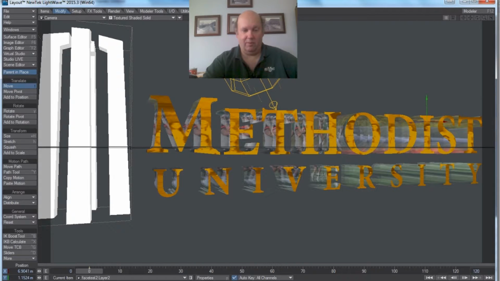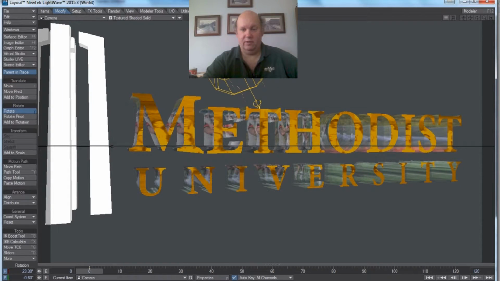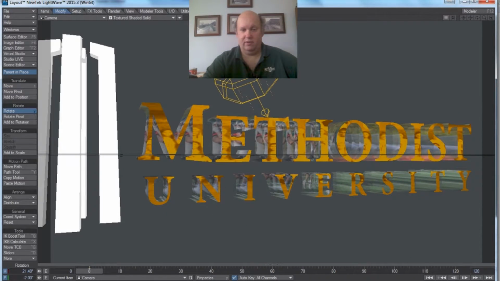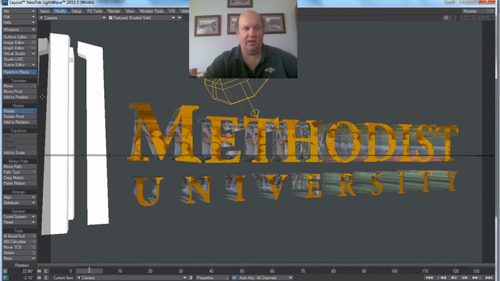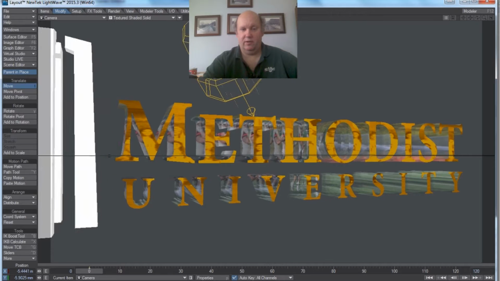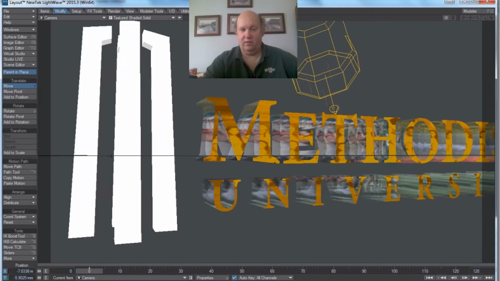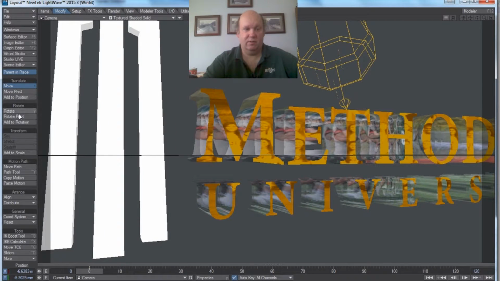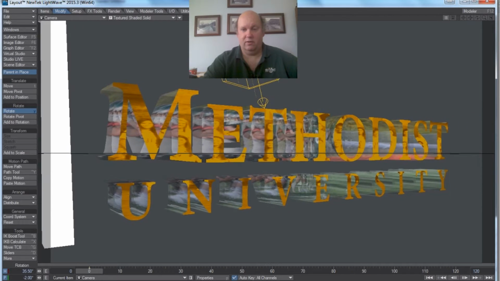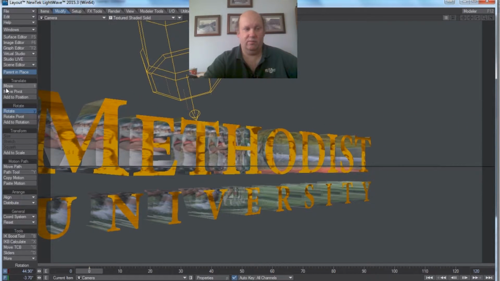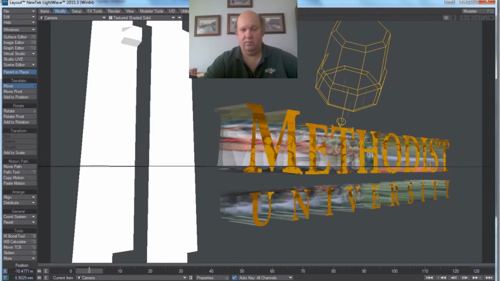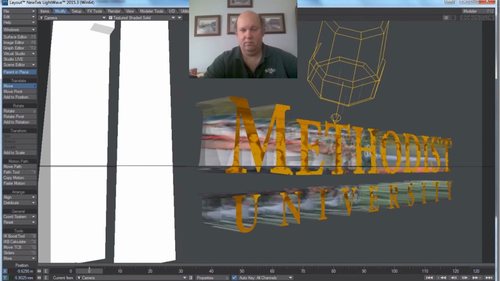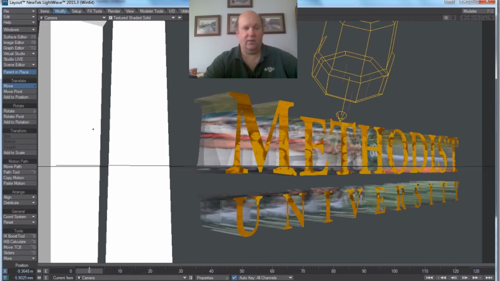ahead and grab our camera and move it in a little bit. Oh, that's rotating. I'll grab our camera and move it in a little bit and rotate it like so. And if you look at it that way,